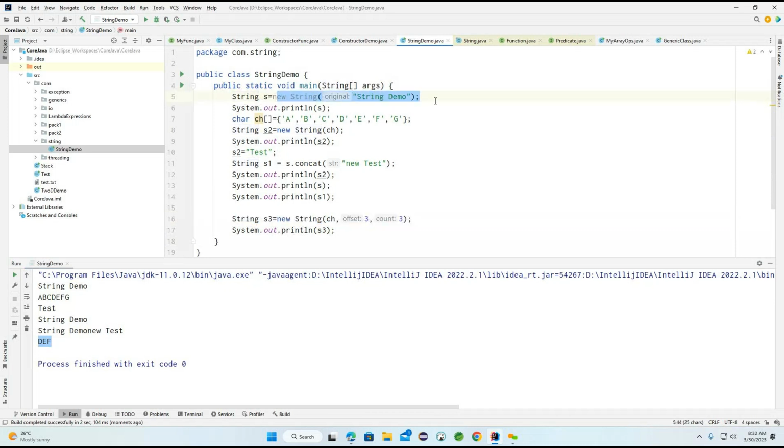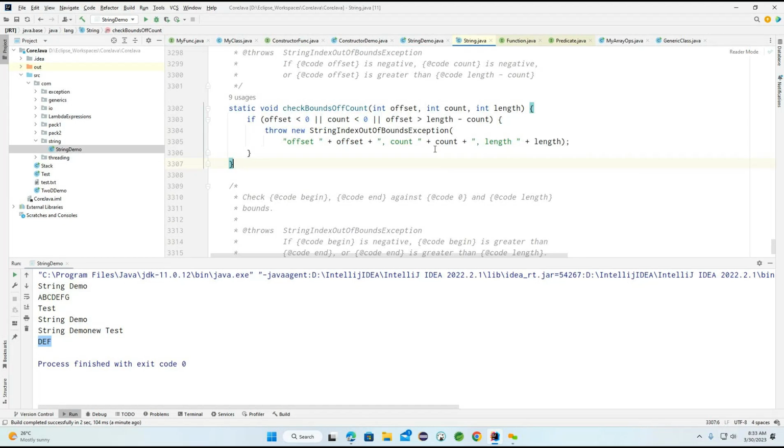So far, the first constructor we identified expects a string. The second one we identified is the character array related constructor. The third constructor, even though we are passing the character array, if we want to load only the specified characters, in that case we can go for this particular constructor here. This is what the third constructor is saying. Now another one,